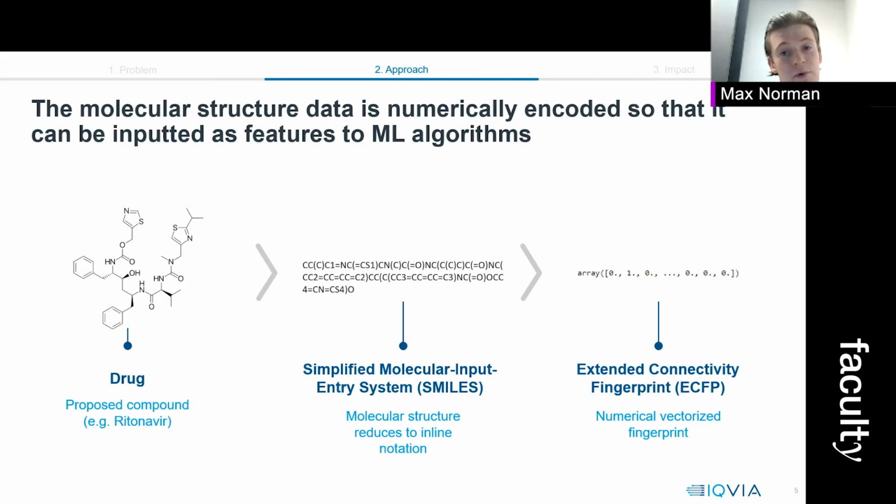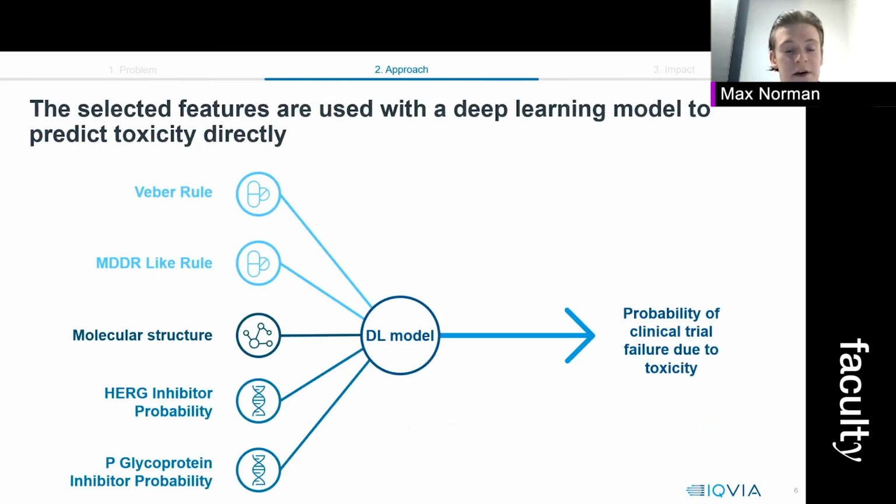However, although this is an important step, we're not there yet. We need to find a way to turn this SMILES into something numeric. To do this, we use its extended connectivity fingerprint, also known as ECFP. This creates a numerical representation of the molecule we have on the left side, but it's uniform, which means that we can do this for every single molecule known to us on the small molecule side of things and pass it into a machine learning model. On that end, we take the aforementioned features,